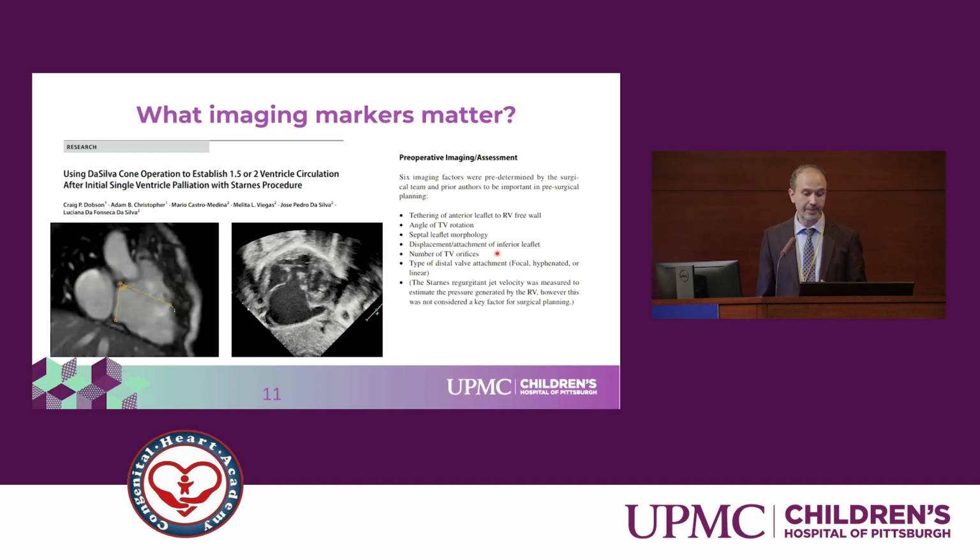And then one of the things that we tend to measure is the Starnes regurgitant jet velocity, and we measure it to estimate the pressure that was generated by the right ventricle. However, this was not considered a key factor for the surgical planning in these patients. Similarly, the RV wall motion tends to be depressed post-Starnes, but that's with certain loading conditions, and the RV function tends to get better after Starnes. So we don't use that for patient selection for cone post-Starnes. And to continue with this paper,